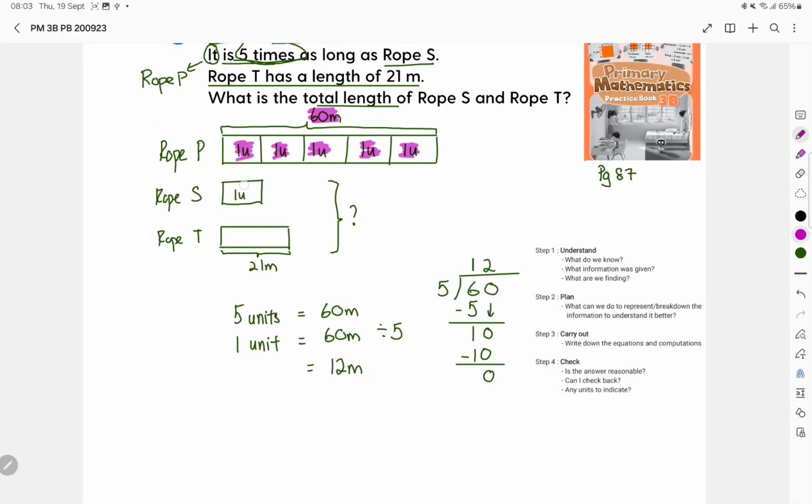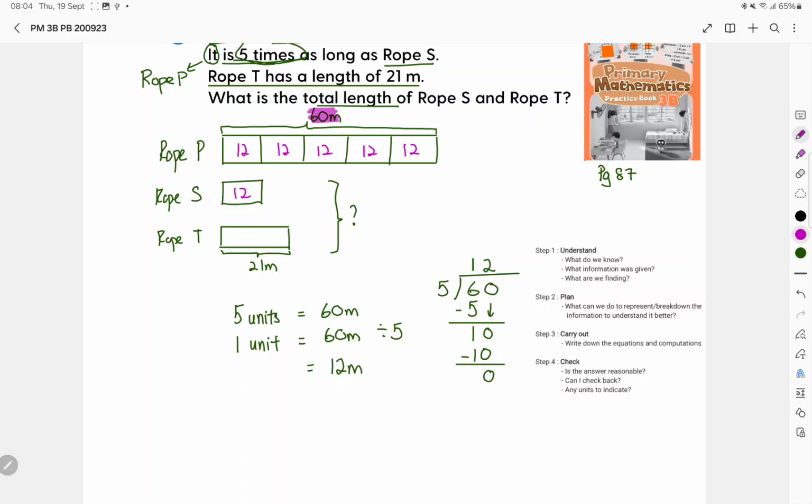So where would be the 12 meters? Actually, all these are your 12 meters. So every single one of these, the 1 unit, is 12 meters. Okay, so instead of writing 1 unit now, actually you can be writing 12. Every one of them is 12. Okay, so now with this,